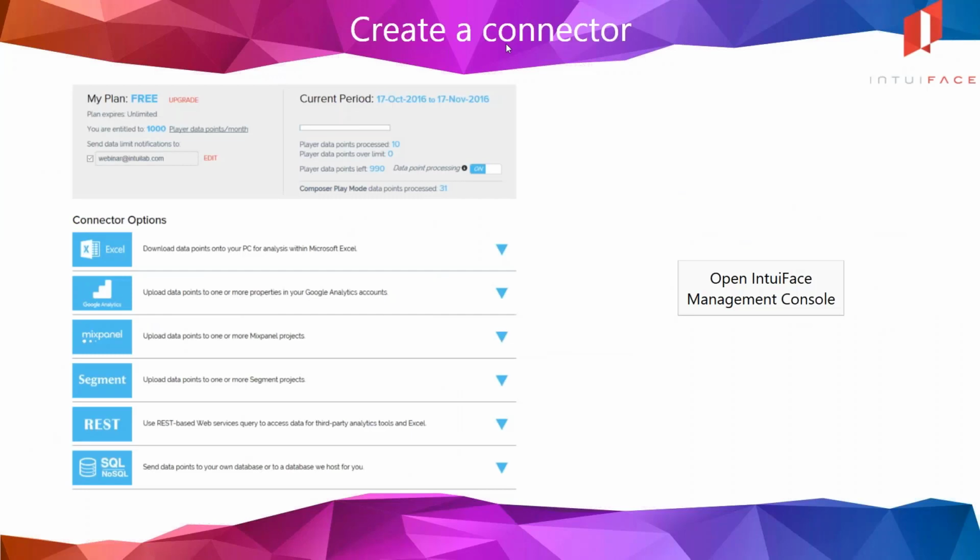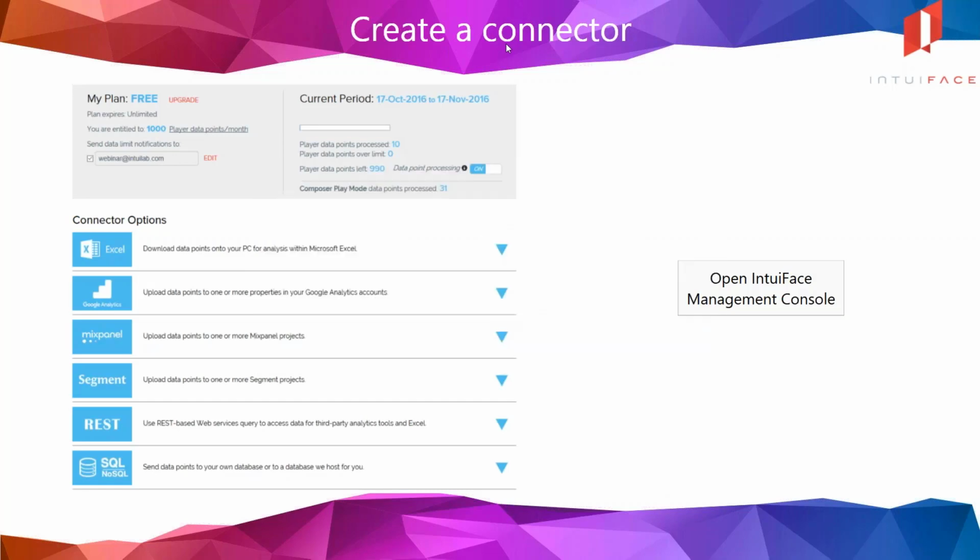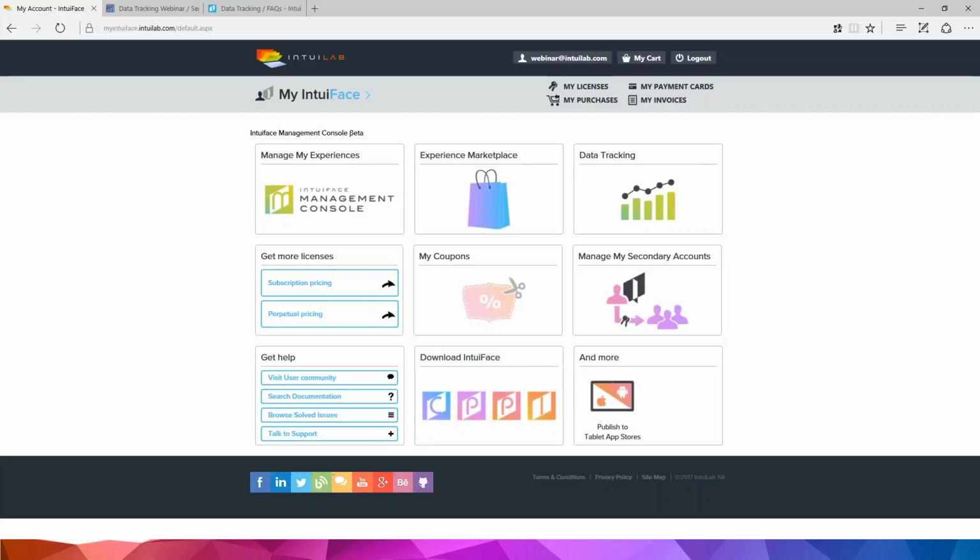Last topic before the demo, and let me go directly to a web browser, so this is a live view. Hopefully most of you have already registered with us, have started working with Composer, maybe you're already falling in love. If you have an account, then you have access to the My Intuiface website. And here in the upper right is data tracking, so let's go to data tracking,